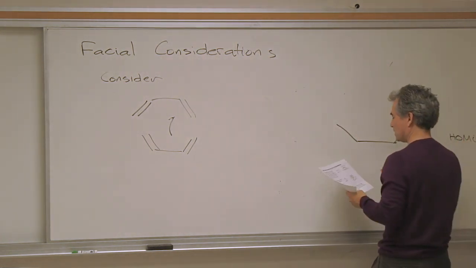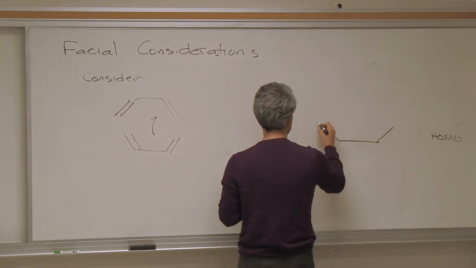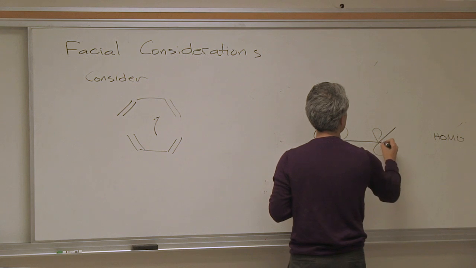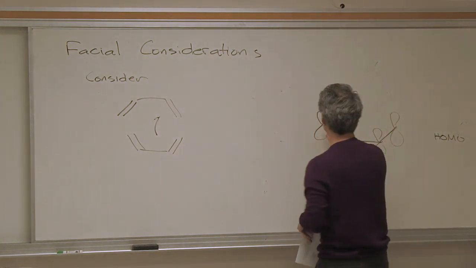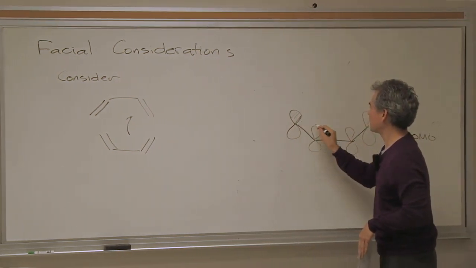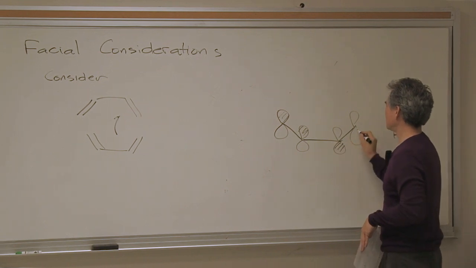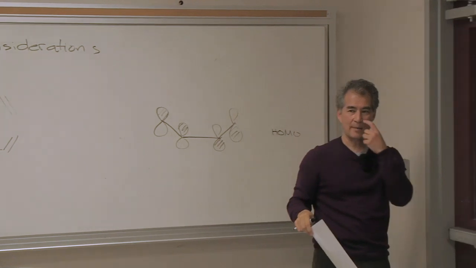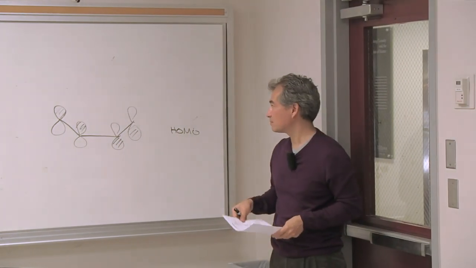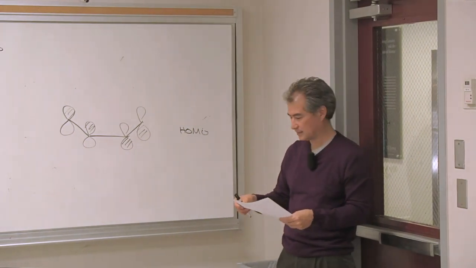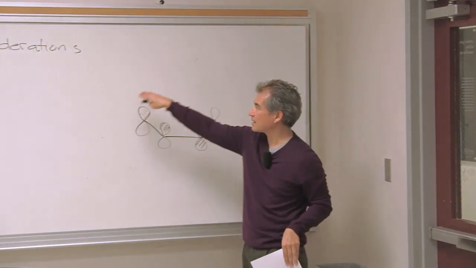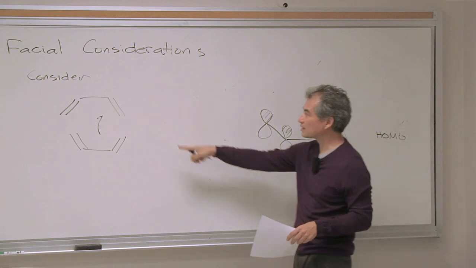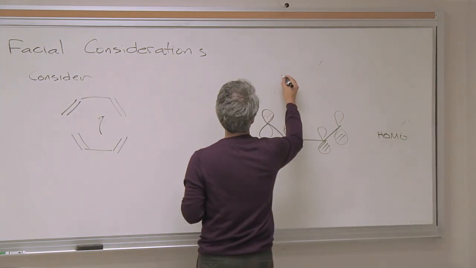the HOMO for butadiene. And so let me phase that. And the HOMO for butadiene, I've got two on top and two on the bottom, and there's a single node where it flips, phased on top, or hashed on top, hashed on bottom. So that's the HOMO for butadiene. And if I'm attacking butadiene, I need to draw the LUMO for butadiene for that top molecule. So if I'm putting electrons into an empty orbital,